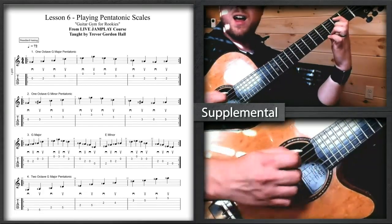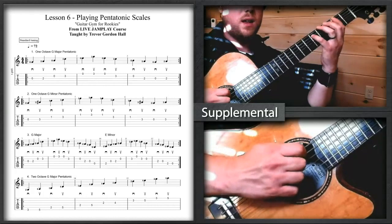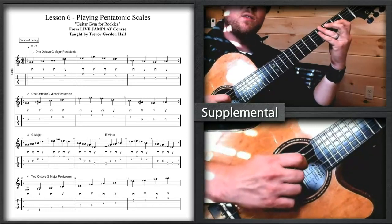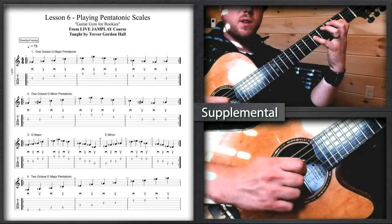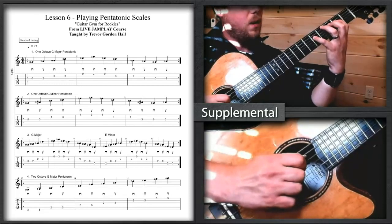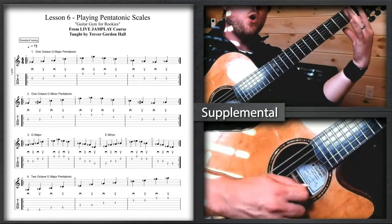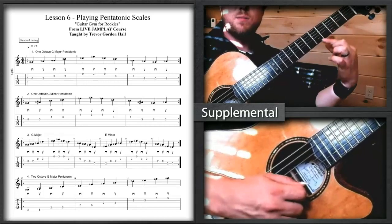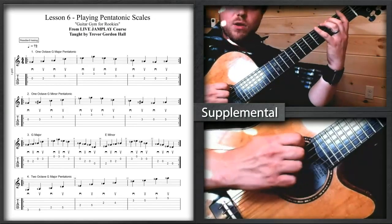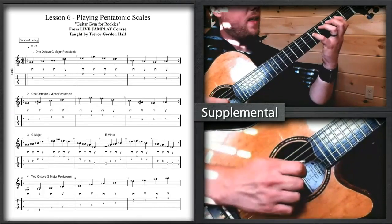Then I'm going to use my first finger on the A string here. And I'm going to go from the 2nd fret all the way up to the 5th fret with my pinky. And then I'm going to go first finger on the 2nd fret on the D, up to the 5th fret of the D here. So far we have. And now we're basically doing the octave that we did before. But instead of using open strings, we're staying within what they call a box, because you can move it anywhere you want. So we have your 3rd fret, 5th fret, 2nd, 5th, 2nd, 5th,